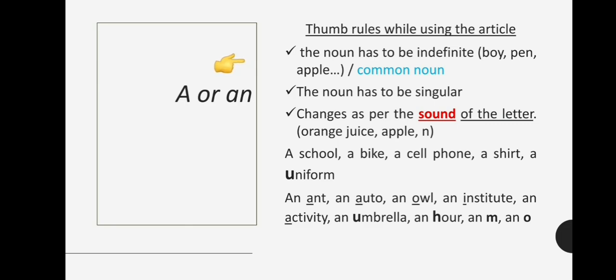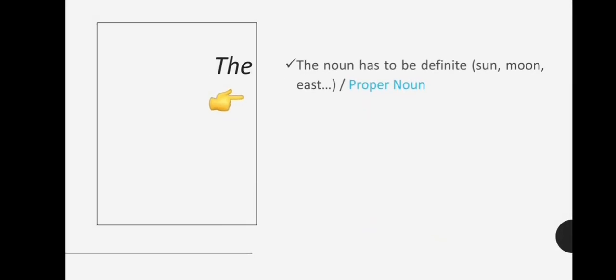Whichever letters we speak about, if they start with a vowel sound, again "an" will come. Whenever we say the letter M, we are using the "eh" sound. That is why it will be "an M". When we say O, again we are using the same sound. That is why it is going to be "an O". I hope the "a" or "an" has been cleared by now. So now we are proceeding with "the".